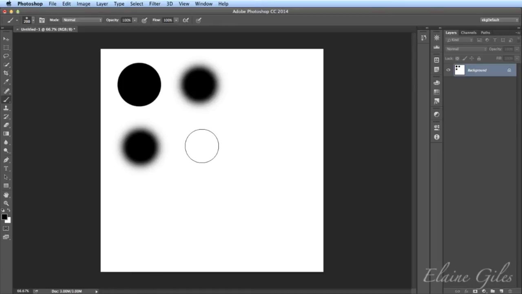But if I do that and I keep pressing Shift and left square bracket, now it's much softer. So Shift and the square brackets changes the hardness. Now I'm doing it the other way. I'm pressing the right square bracket key and the Shift key, and now that takes it up so it's 100% hard edged. So with the square bracket keys, that changes the size, and the Shift square bracket keys change the softness or the hardness. So very good shortcut keys to remember there.